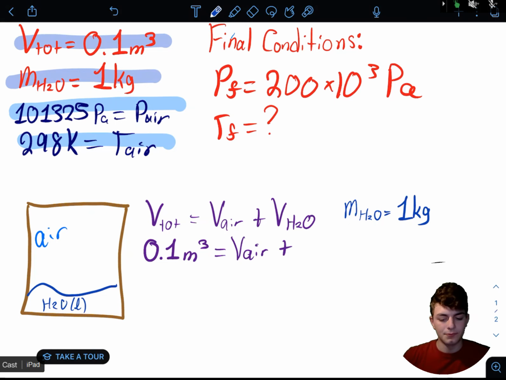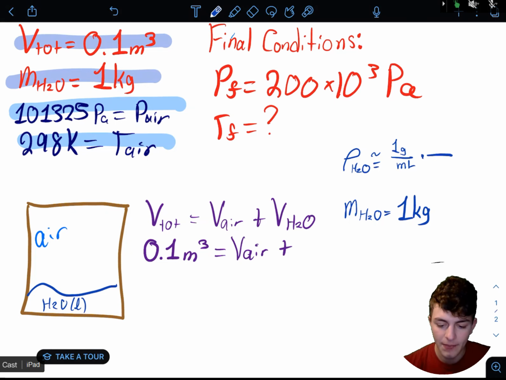So the density of water, or I'll call it the rho of water, equals about 1 gram per milliliter, which, if I'm going to multiply that out, I know there's 10 to the third milliliters in a liter,